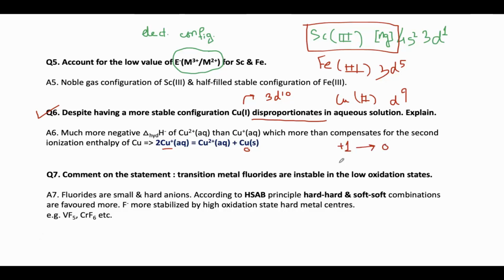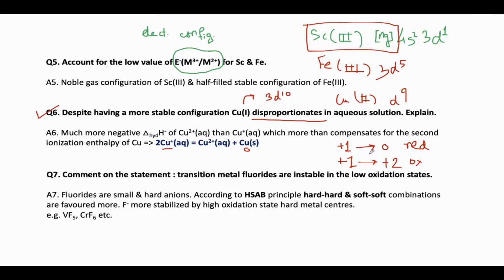And another Cu+ is getting oxidized to Cu2+. So this one is the reduction, and this one is the oxidation. That's why it is termed a disproportionation reaction. Cu+ is oxidized to Cu2+ in aqueous solution, and the other Cu+ is getting reduced